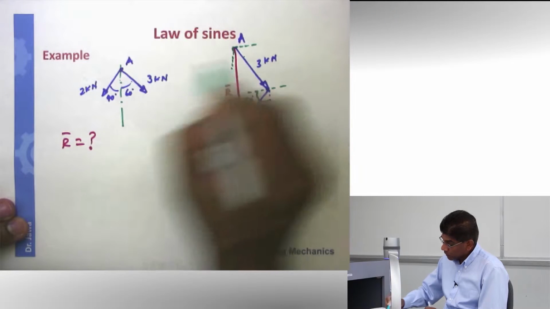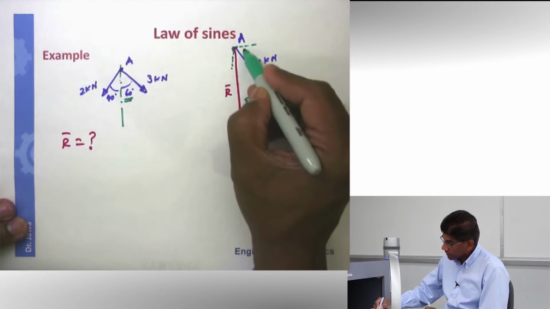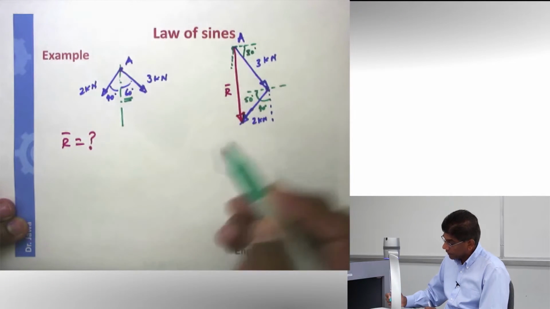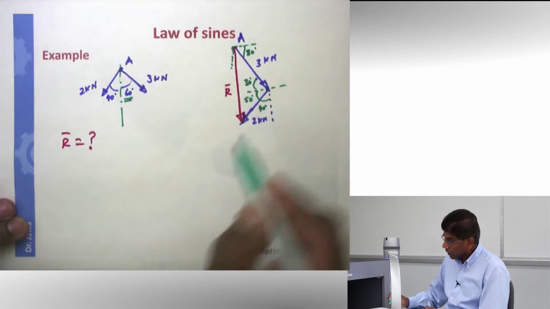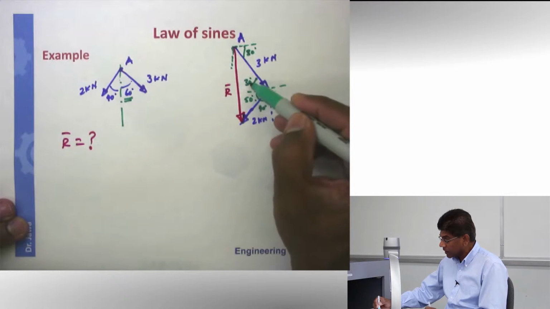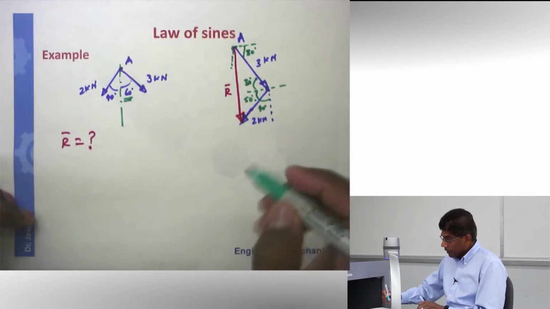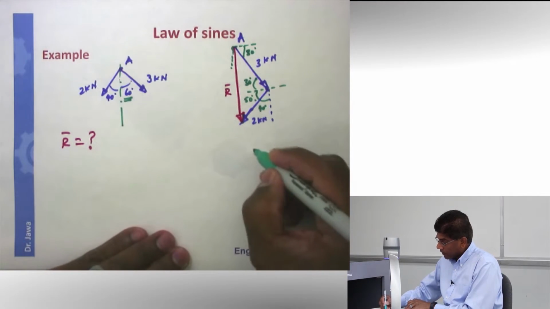So from the vertical, this one is 60 degree as given to me. So this angle should be 30 degree. So this will be alternate angle 30 degree. So what I have is this angle is 50 plus 30 is 80 degree. Now let me draw one more diagram so you are not confused